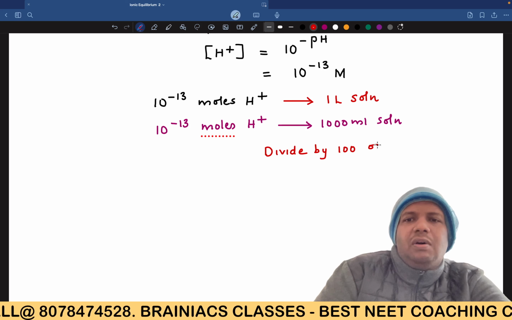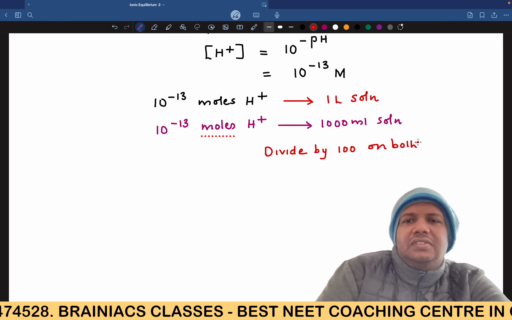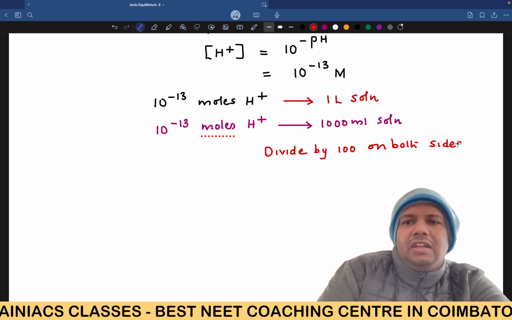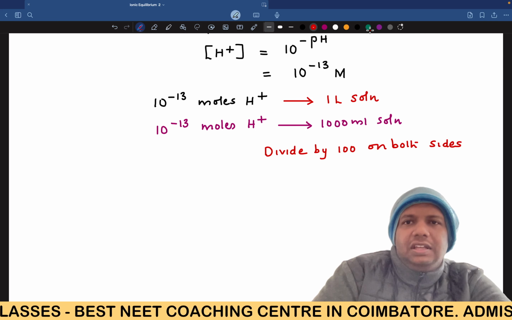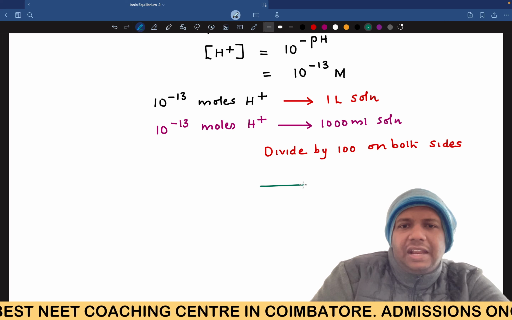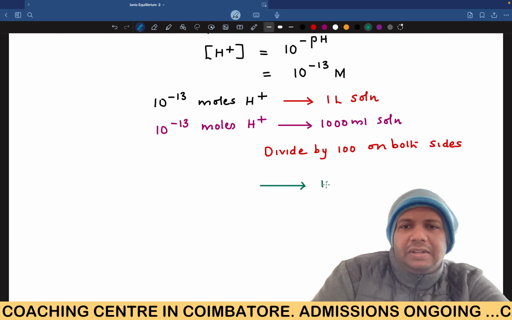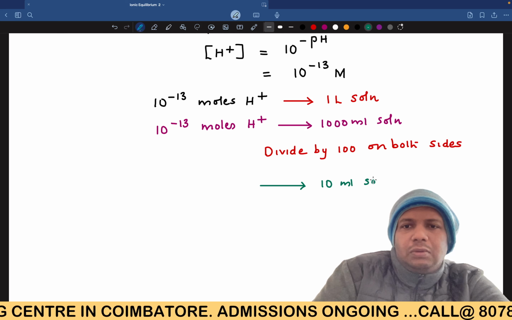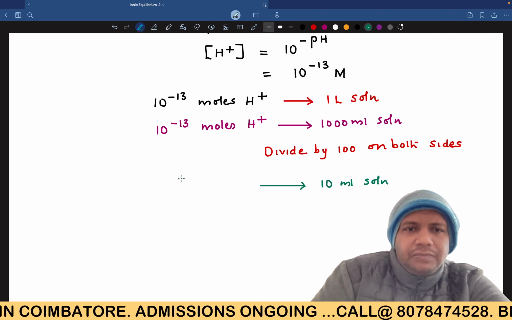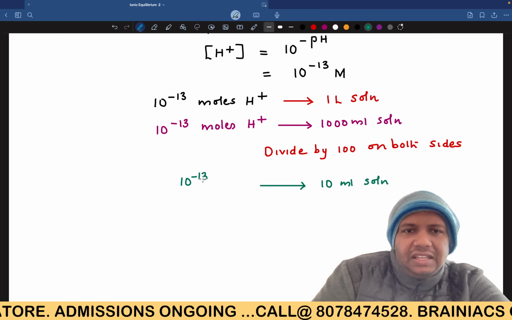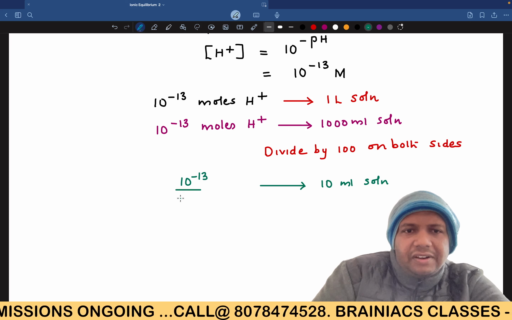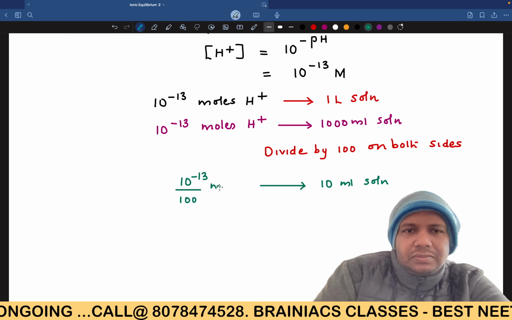So what will it become? This will become 10 ml solution, and this will become 10 power minus 13 divided by 100 moles